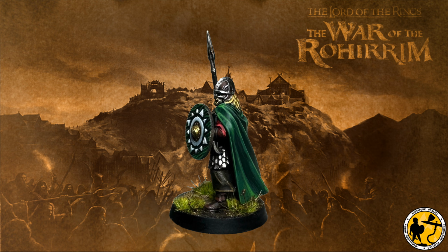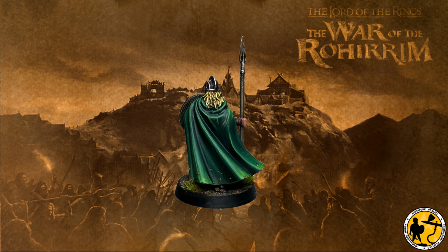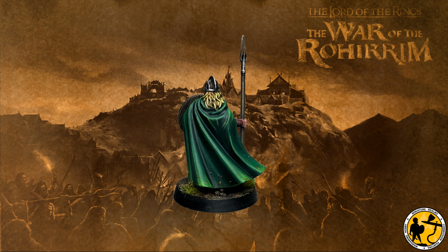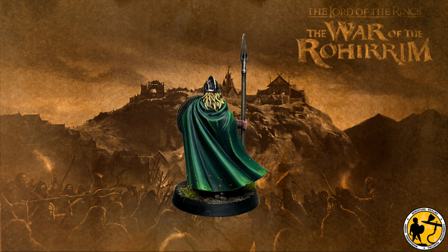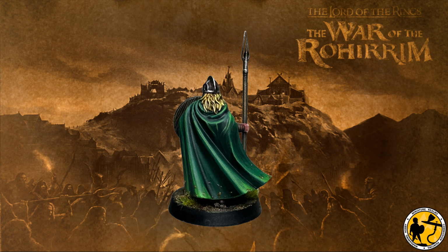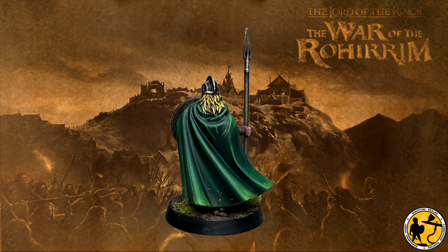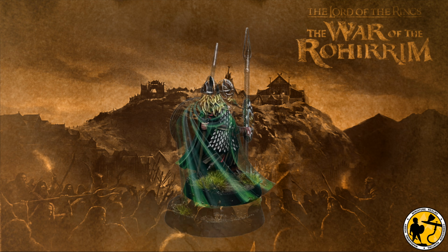The amount of soft detail on some of those old sculpts, and they're old, they're 25 years old. Sometimes there are areas when you weren't sure what it was supposed to be. There's none of that on these miniatures. These miniatures are so nicely done that I think it's easier to paint these than it is to paint the older sculpts. So hopefully you will all have your own experience the same way as I have when you start